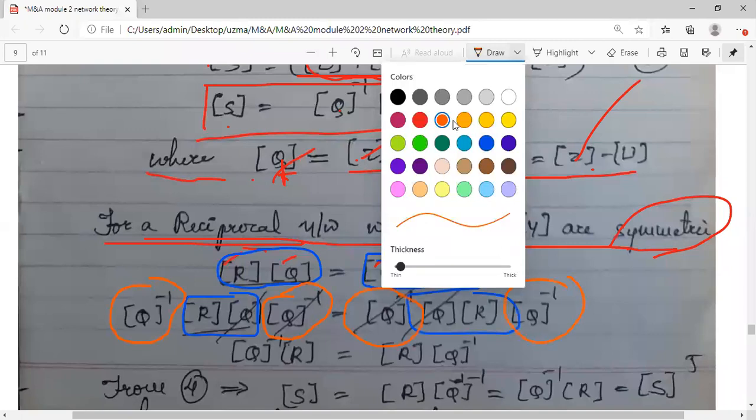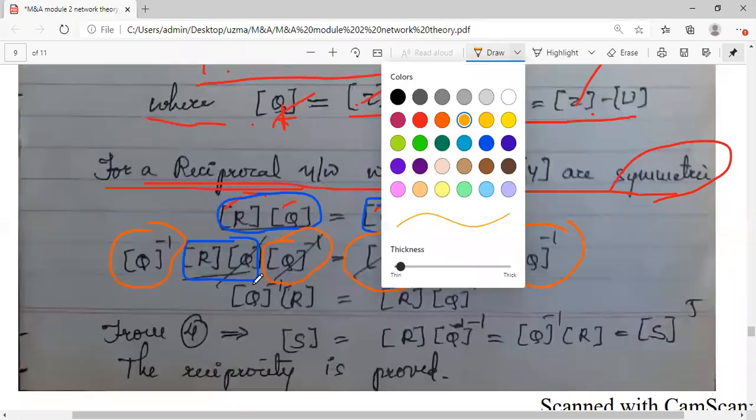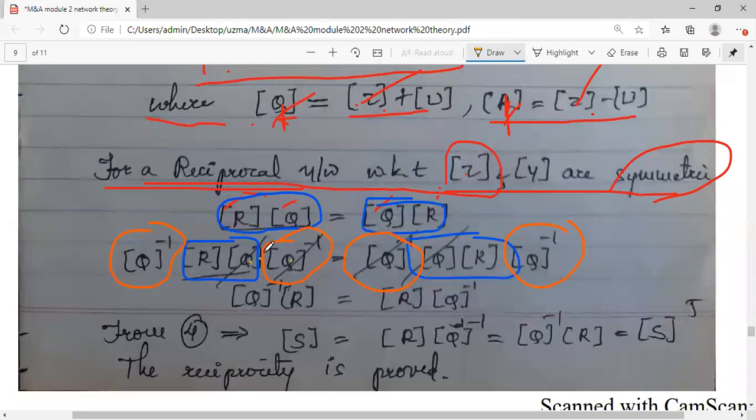After this, I will club the different parameters. Observe here, Q and Q inverse: whenever you multiply two terms where one is the inverse and one is the original, they get cancelled. Similarly, joining the first two letters, Q inverse and Q get cancelled. I'll be left with Q inverse into R, and here R into Q inverse. Simple mathematical rearrangements: Q inverse into R is equal to R into Q inverse.